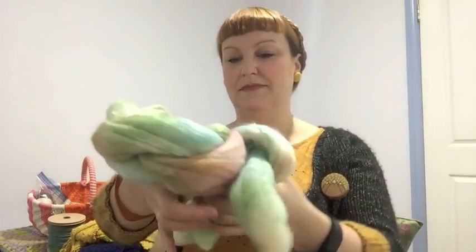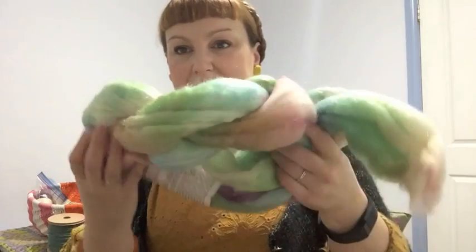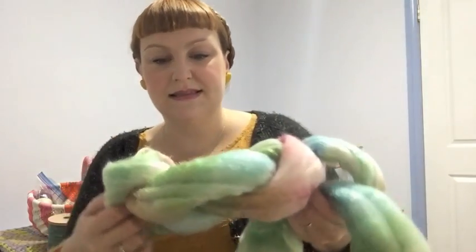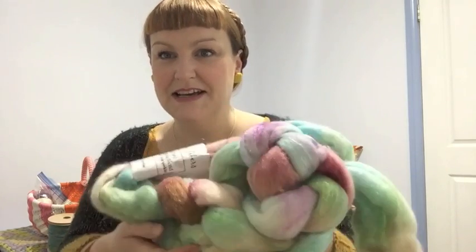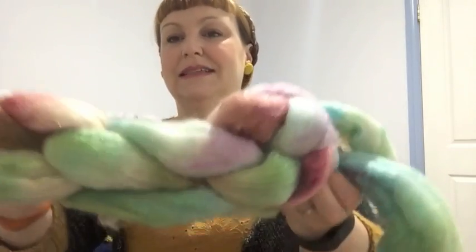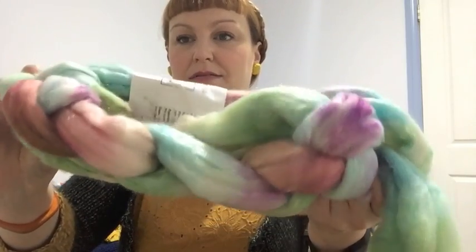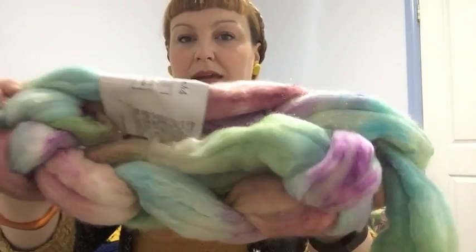It is, oh my god, I don't know if you can see the shiny bits on there. There's silky shiny sort of sparkly bits on there. They're intensely sparkly and shiny in real life, but they're not really showing up on the screen. But how gorgeous are these colours? Oh my god, I cannot wait to spin this. It will have to wait until after my cardigan spin, but